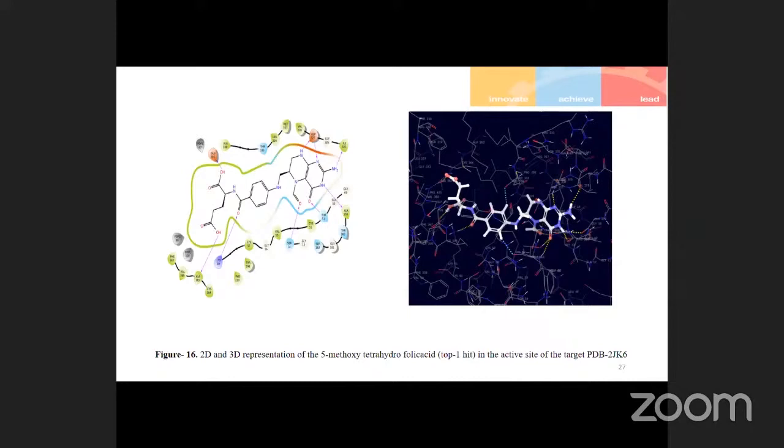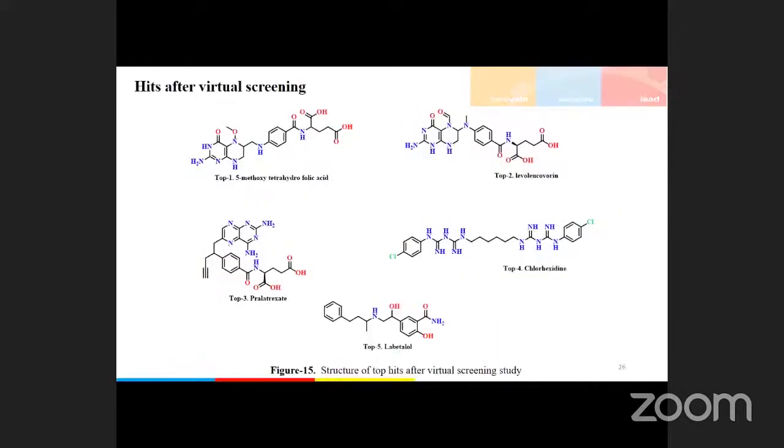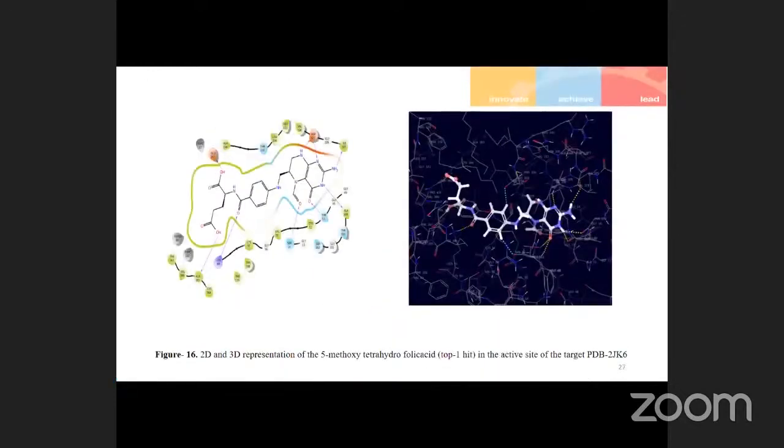All this is unpublished data. We are waiting for the in vitro as well as in vivo study results. Once they are correlated, we will look for publication. These are the 2D and 3D docked pose interactions of the top 1 hit molecule, 5-methoxy tetrahydrofolic acid, in the active site of the target protein, 2JK6, which is nothing but leishmanial